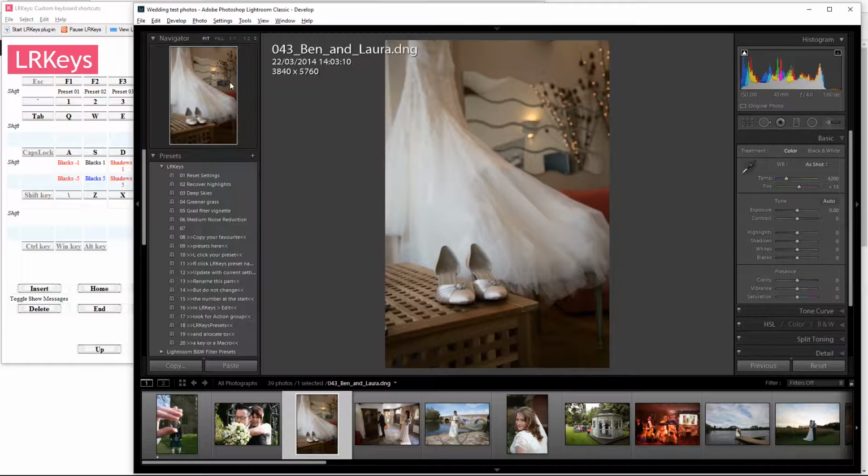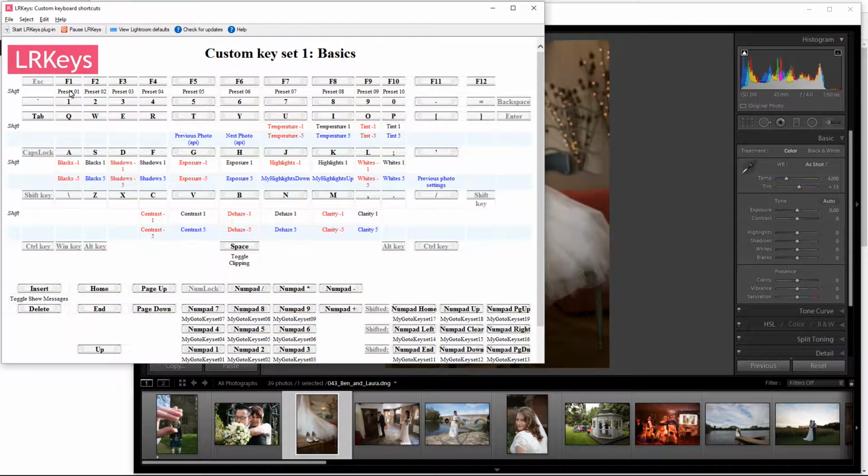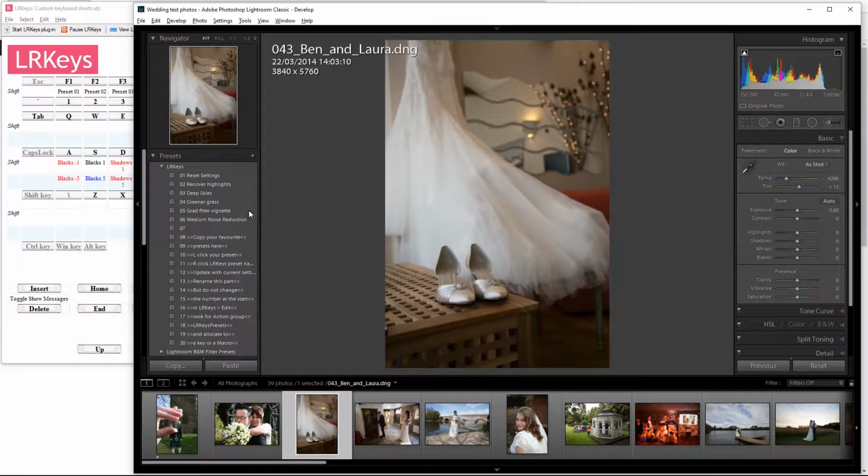Presets are another kind of API action. There are 20 slots available, and you can see them installed here in the preset section under LRKeys, and the default mapping includes the first 10 of them on the shifted F1 to F10 keys. So I'll be doing a separate short video on how to customize the presets for yourself. It comes with half a dozen samples in place,